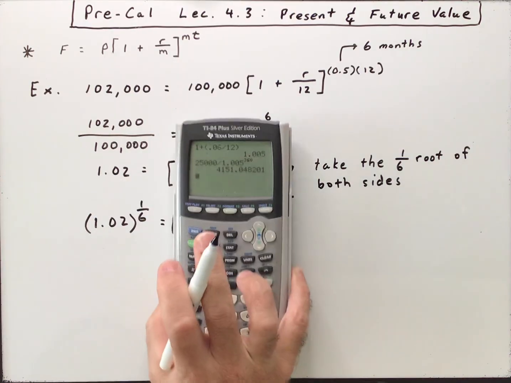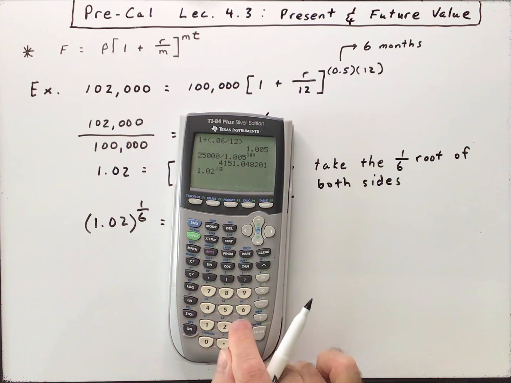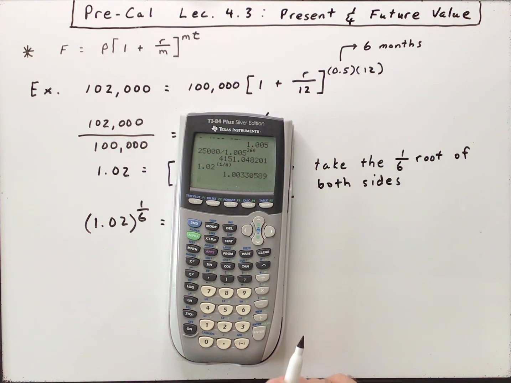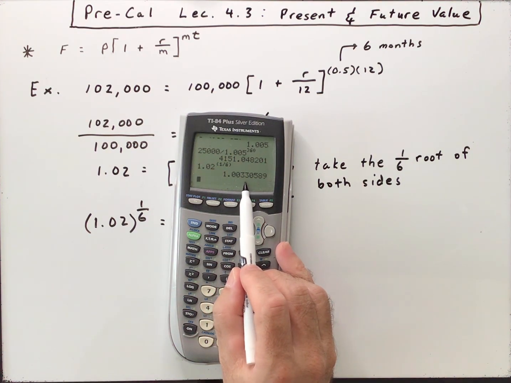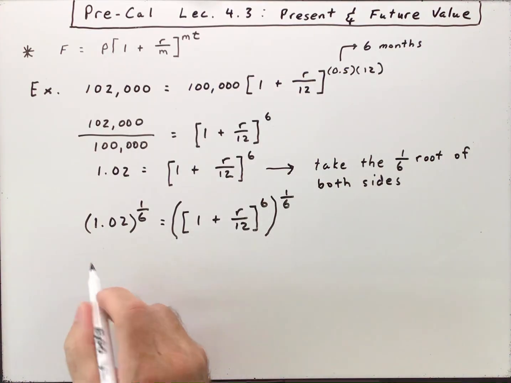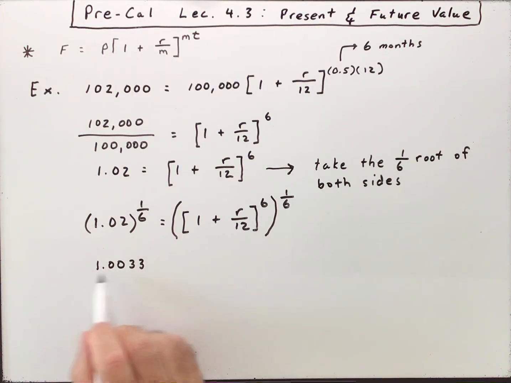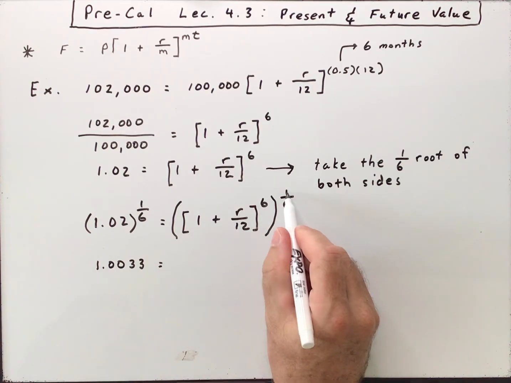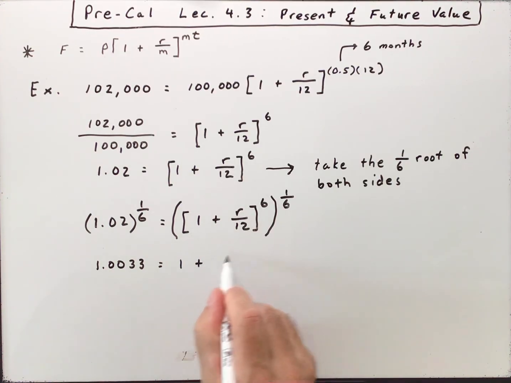So if you put in your calculator 1.02 and raise that to the, I'm going to use parentheses, 1 divided by 6 as the exponent there. I don't know if I have to, but it's always good to be careful. You don't want to round this too much. Let's go all the way out at least 4 decimal places there. So that's 1.0033. If you round too much, you won't get a very accurate answer. So try to go out at least 4 decimal places. And then here, the 6th raised to the 1/6 just cancels out, and you just have 1 plus R over